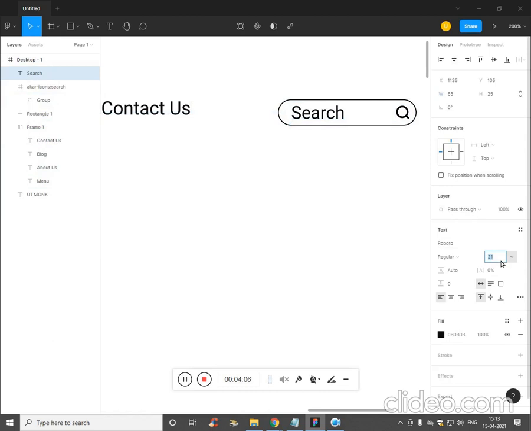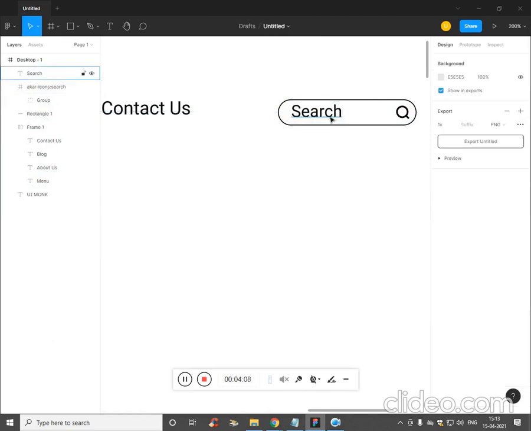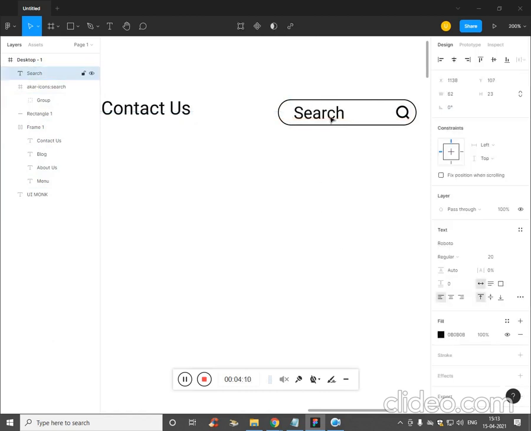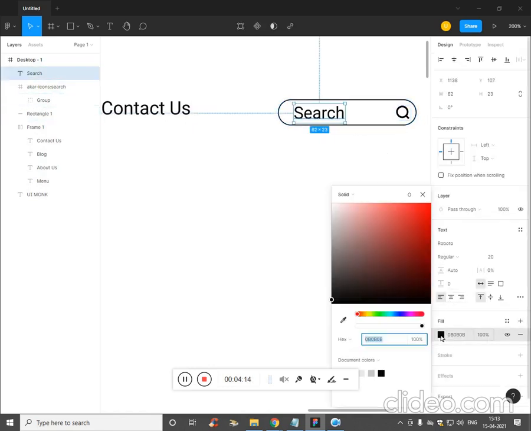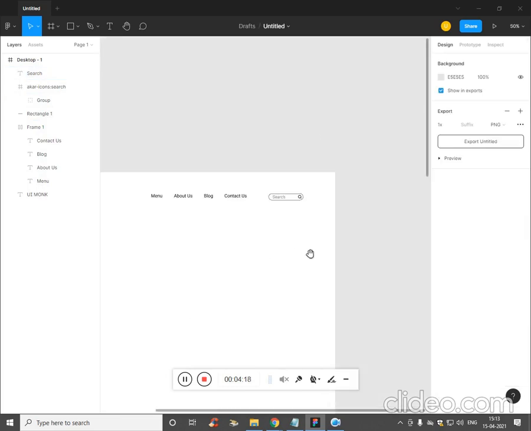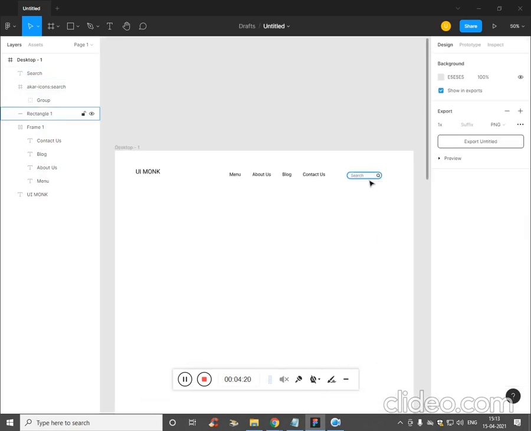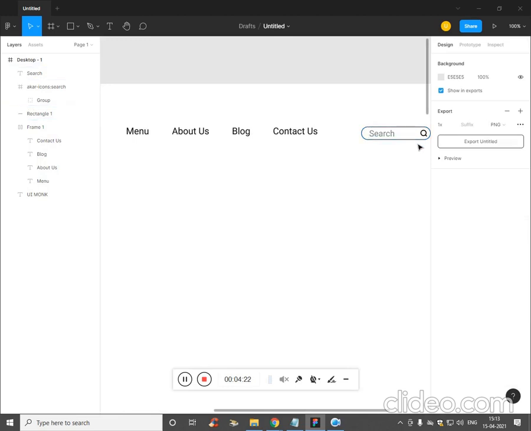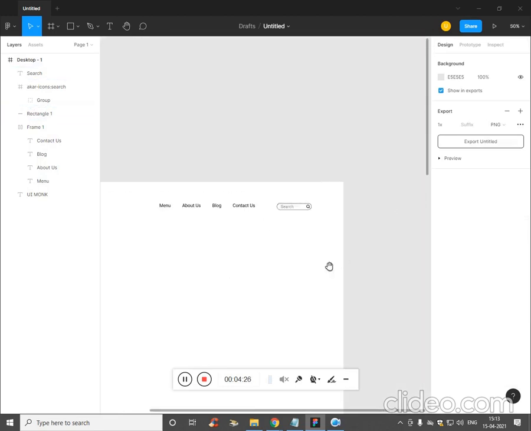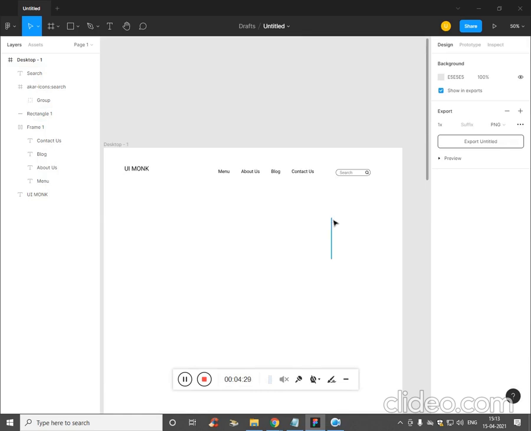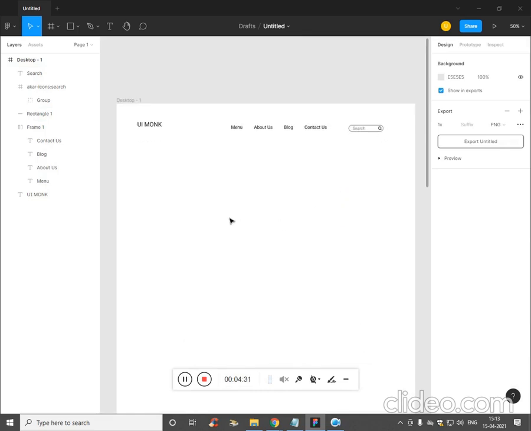If you want, you can make it slightly smaller and change the color. Now we are almost done. The menu bar is done.